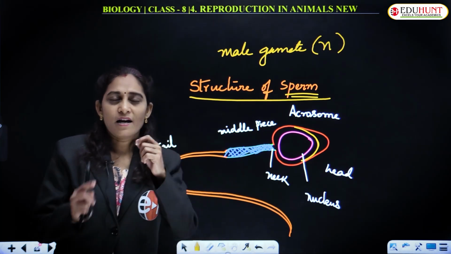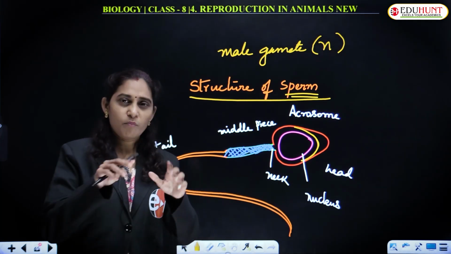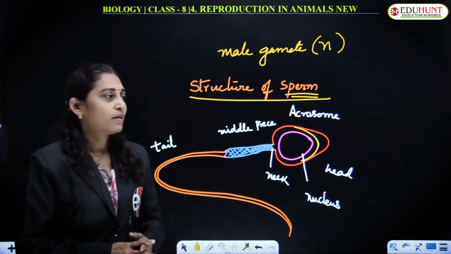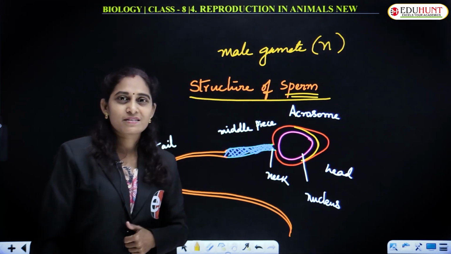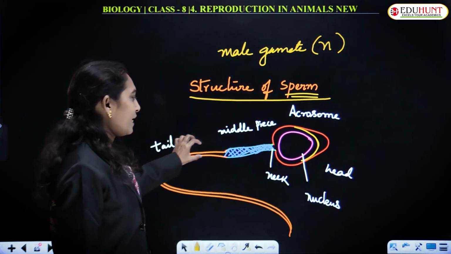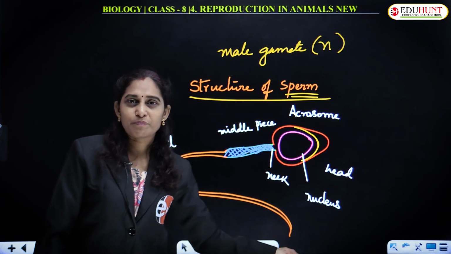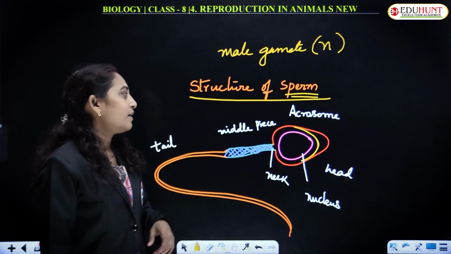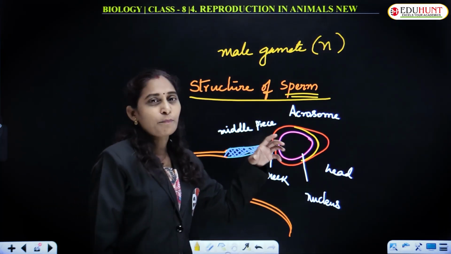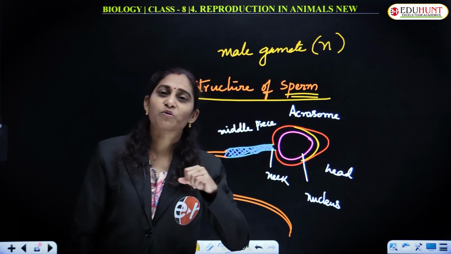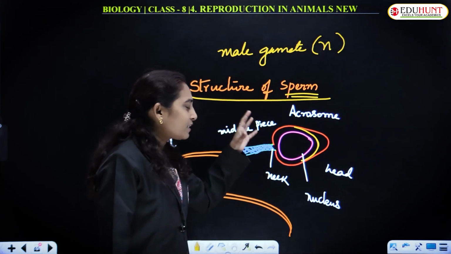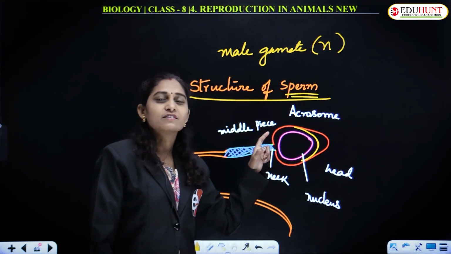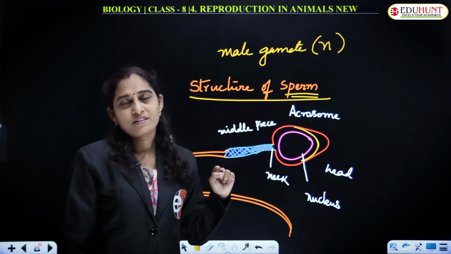It has a triangular or somewhat rhomboidal head, and there is a middle piece which ends up with a narrow tapered tail. The tip of the head is known as the acrosome, and the head bears the nucleus